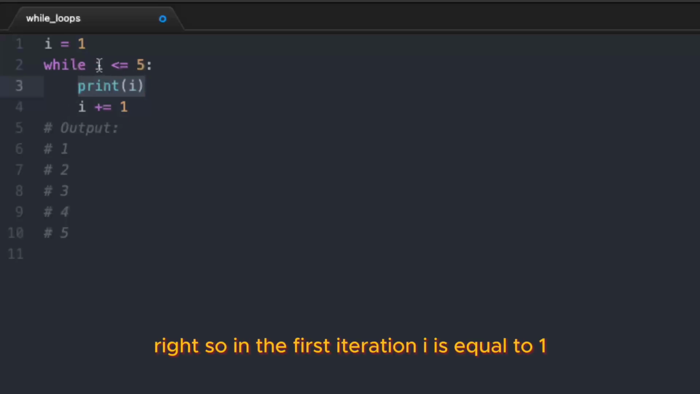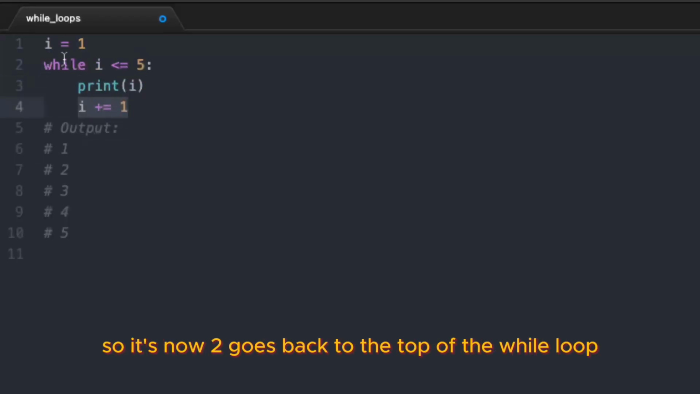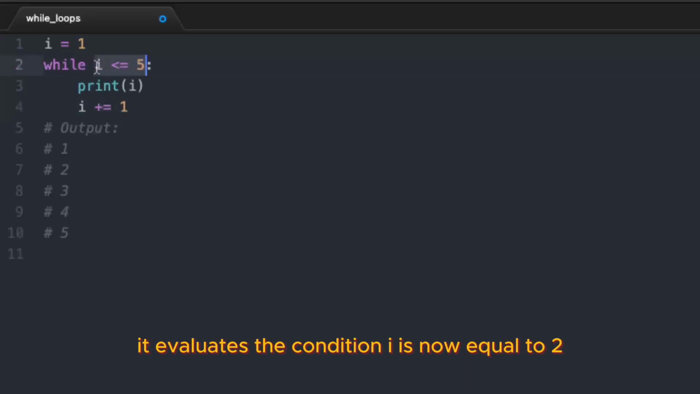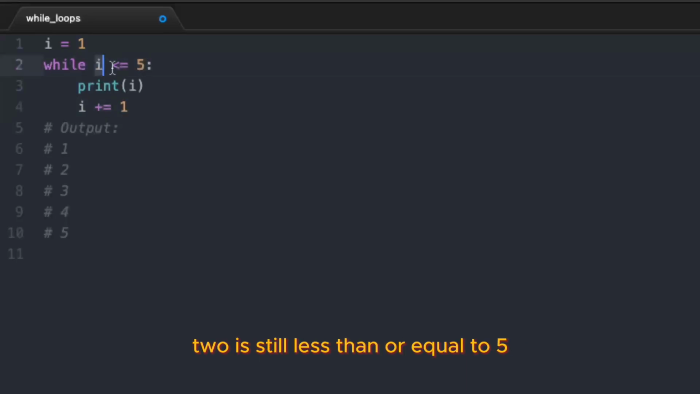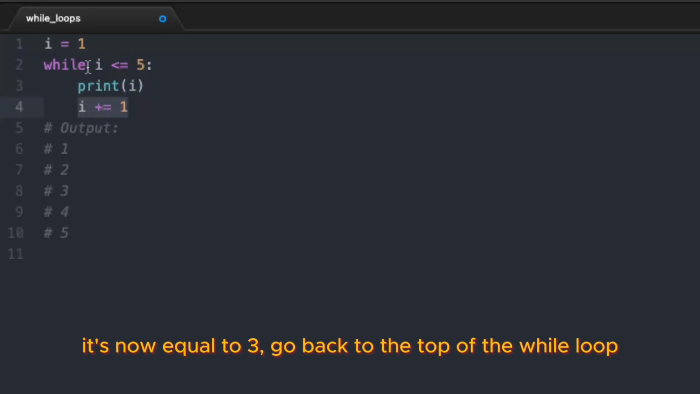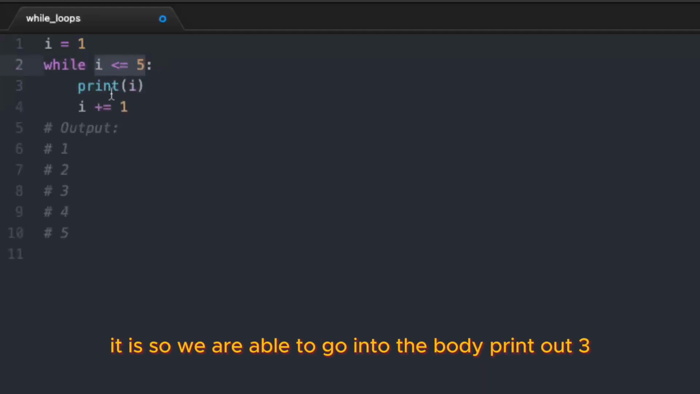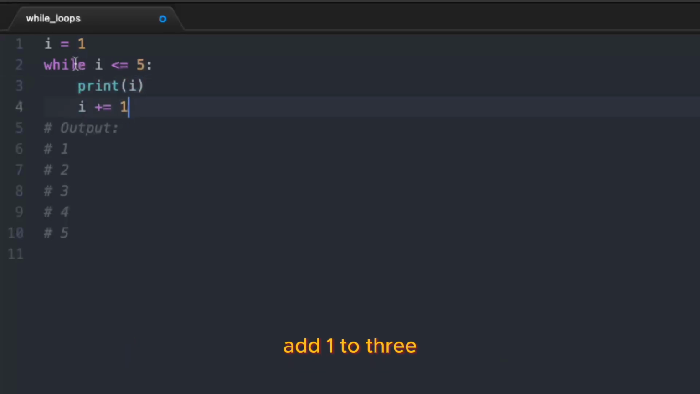So in the first iteration, i is equal to 1, we print out i, we print out 1, and i gets incremented by 1, so it's now 2, goes back to the top of the while loop. It evaluates the condition, i is now equal to 2, 2 is still less than or equal to 5, so we print out 2, and we increment i by 1, it's now equal to 3. We go back to the top of the while loop, we evaluate the condition, 3 is less than or equal to 5, it is, so we're able to go into the body, print out 3,